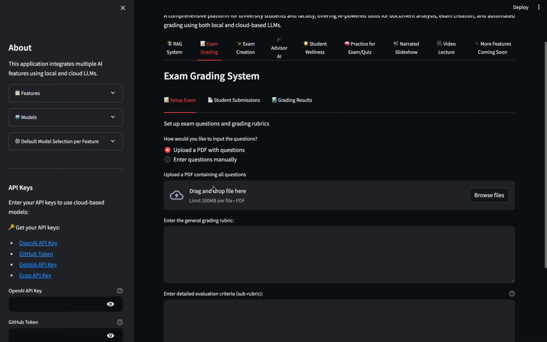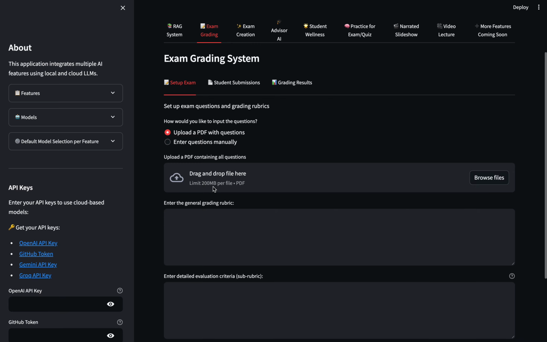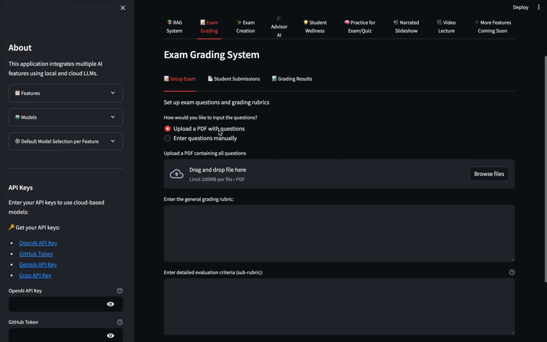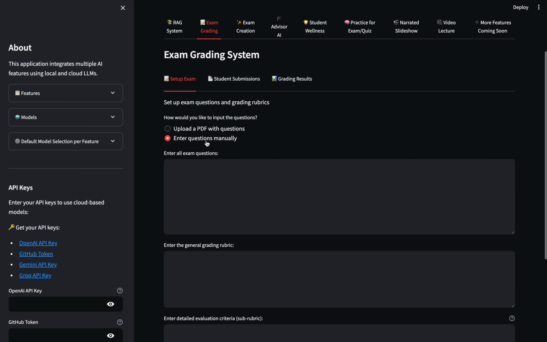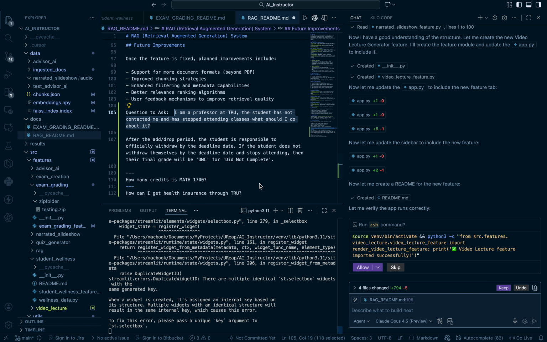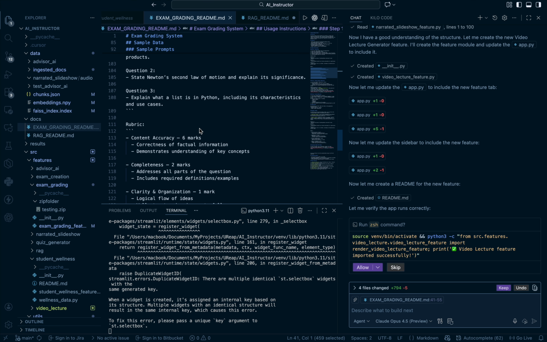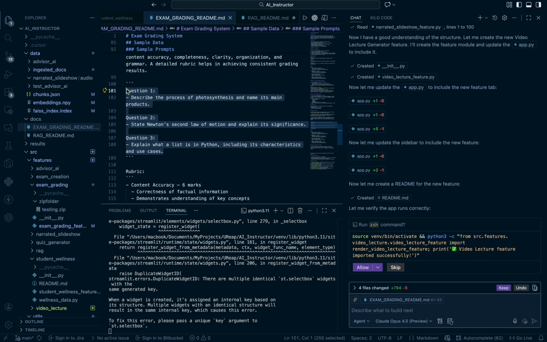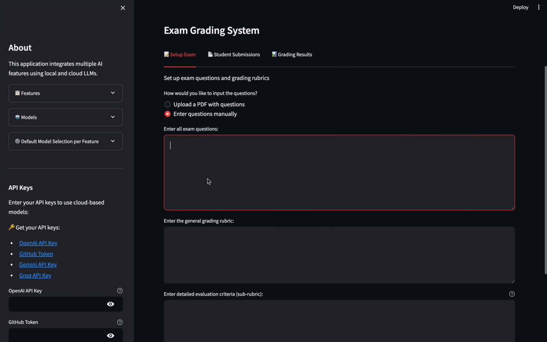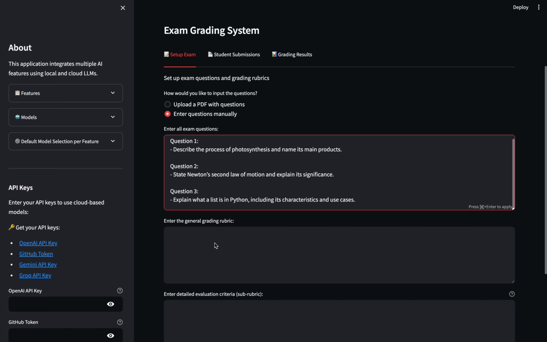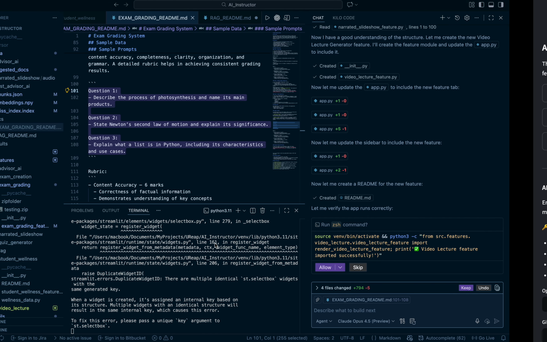Here the professors have an option to set up an exam. They can either upload the entire PDF which has all the questions, or they can import it manually. If we choose this particular option, we'll see there are a lot of text boxes to give the context. Let's use this set of questions. So we have three questions, and you can also